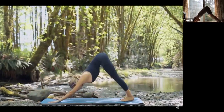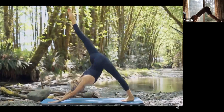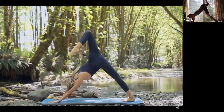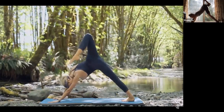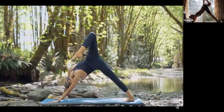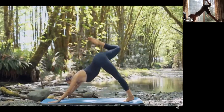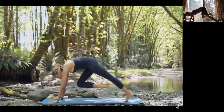Beautiful job. Just breathe it out. Let it go. Reach your right leg up to the sky. Find that center, bend the knee, and then begin to stack your hips on top of each other. So right hip stacks on top of your left. Breathing deeply here. Just feeling that opening in the hips. And then from here, we're going to square the hips out, bend the knee, and then come forward into your plank position,